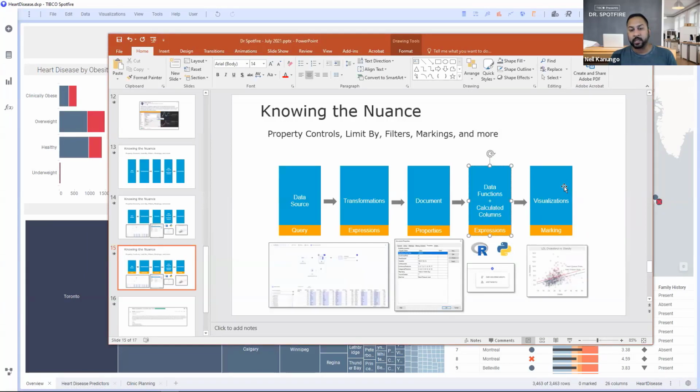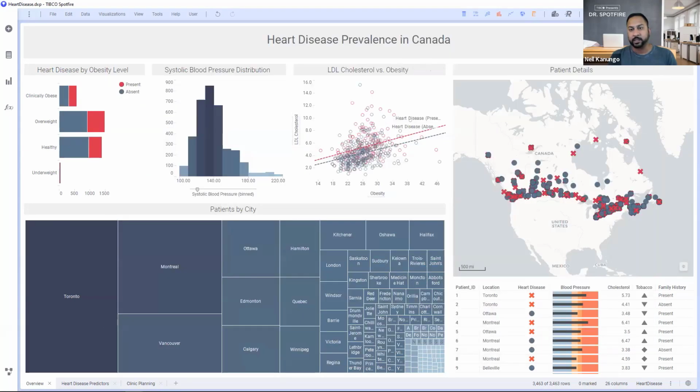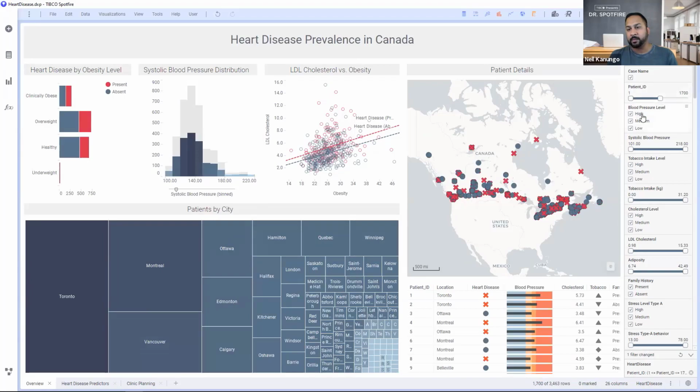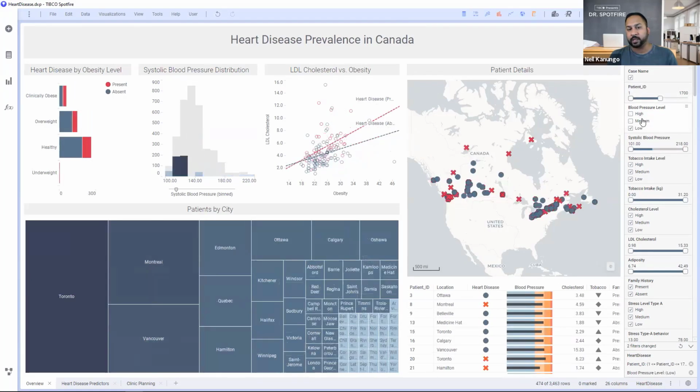I can change it on marking. I can change it on limit by expressions. I can change it by filter. So I showed the limit by expression. The other way is these filters. This happens at the visualization level. And so if I want to remove some patient IDs, I want to look at some different blood pressure levels, you're seeing that filtering across all of these. And this filters is on a default filters